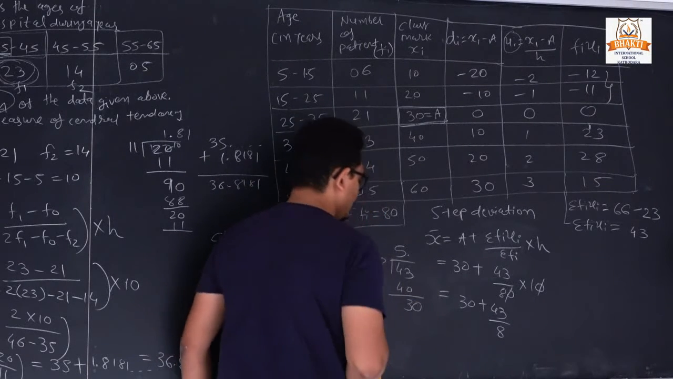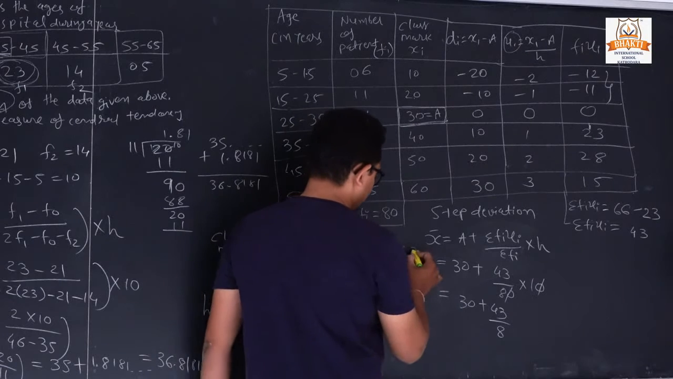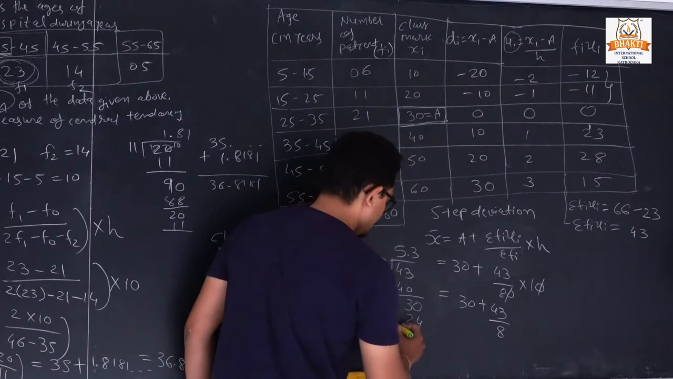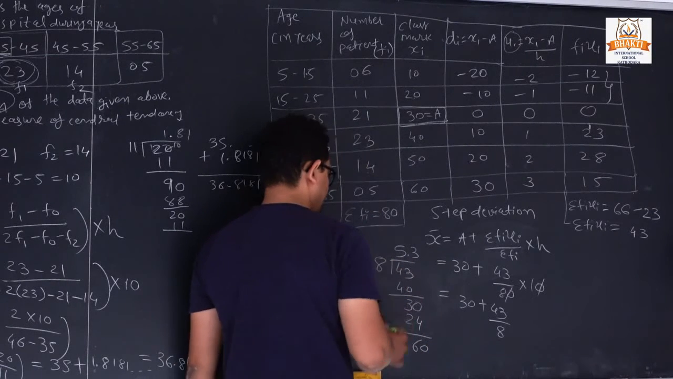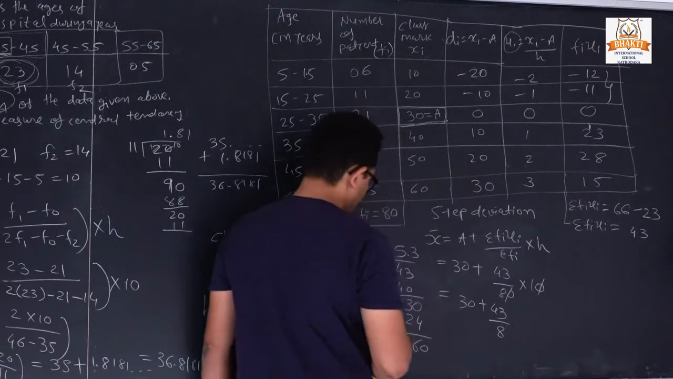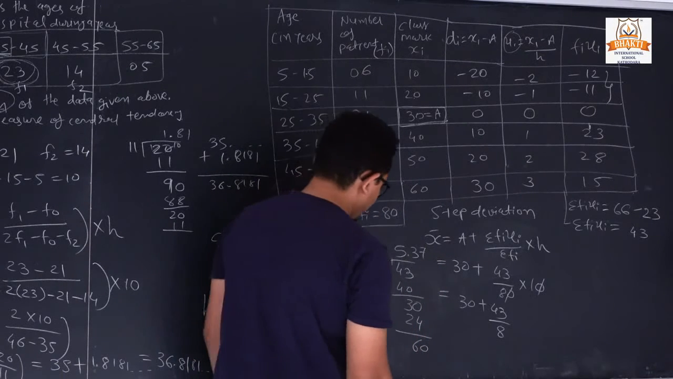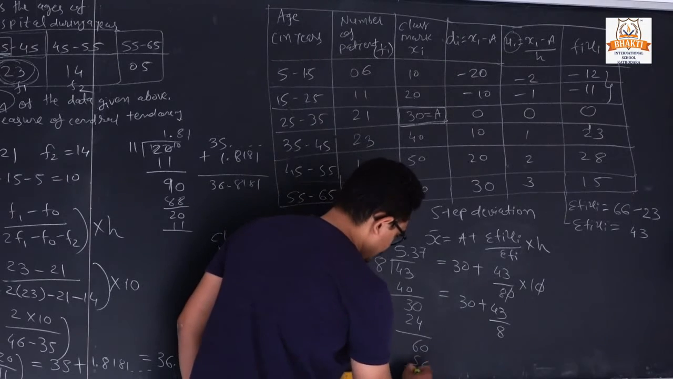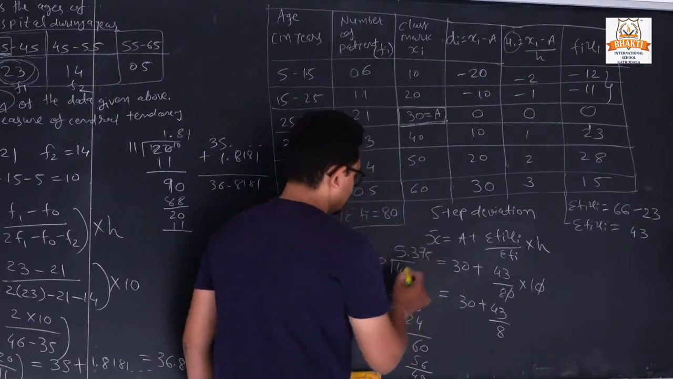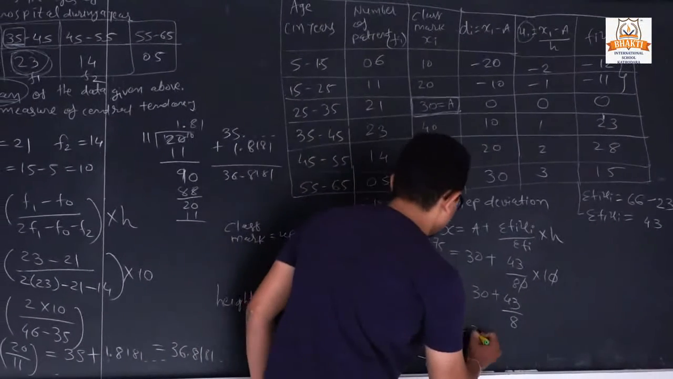Now we will put the point. 8 3s are 24, so here we have a 6. Then 8 8s are 64. So 8 7s are 56, so we have a 4. So 8 5s are 40, so the answer is 30 plus